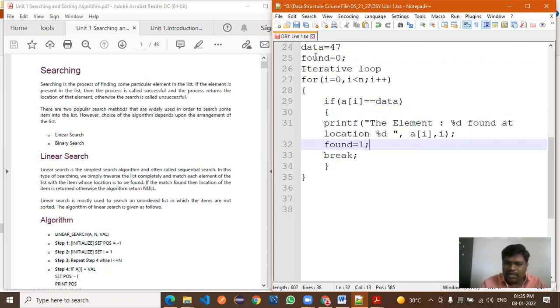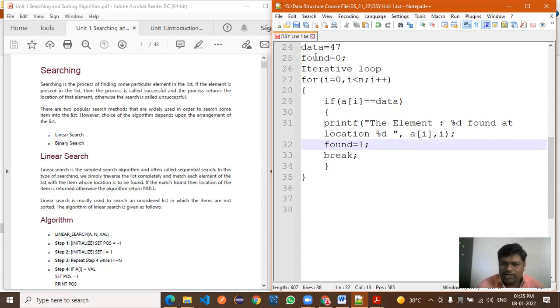Here you can use your own logic. Many logics are available, right? Don't think that sir is writing only like this. You can define your own logic, or you can write directly also. By using another condition also you can display the message that the element is not found.